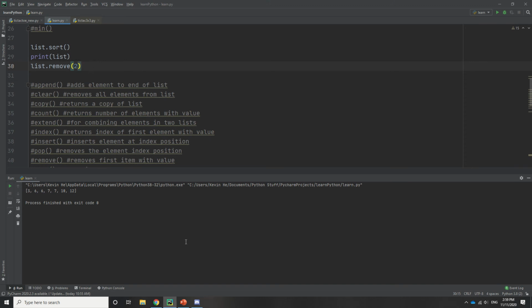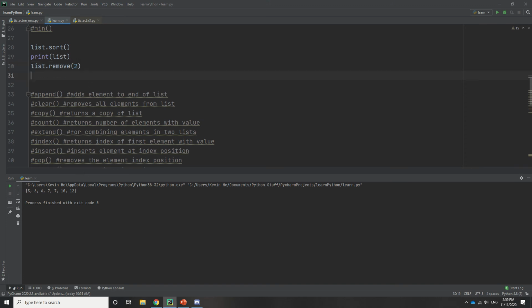What this is going to do is remove the element at 2, and because we have sorted it, the new list looks like this, and when we remove it, we're going to be removing a 6. So when we print it out, it's just going to be,